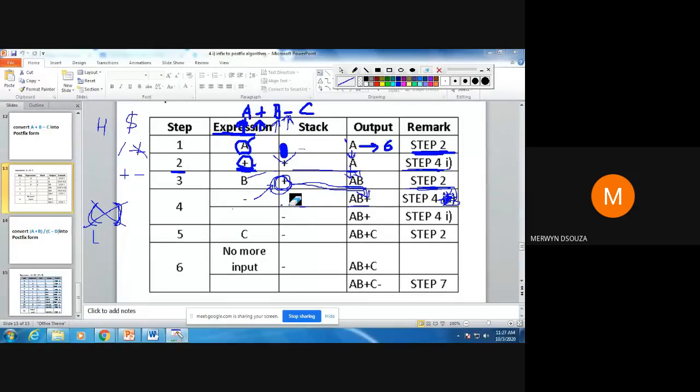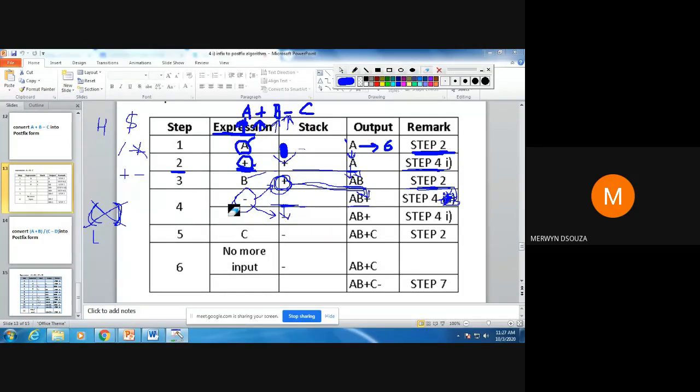So again you start from step 4.1. What does step 4.1 say? If stack is empty, push the operator onto the stack. So which is the operator that you are going to push onto the stack? Whatever is there in the input. You can see stack is empty, so you push the operator onto the stack. So minus goes onto the stack. This is now your top of the stack.